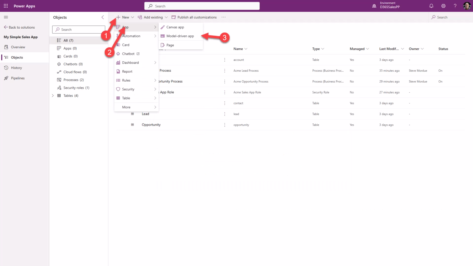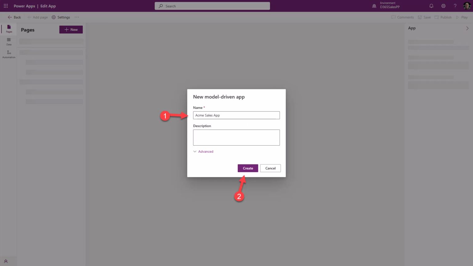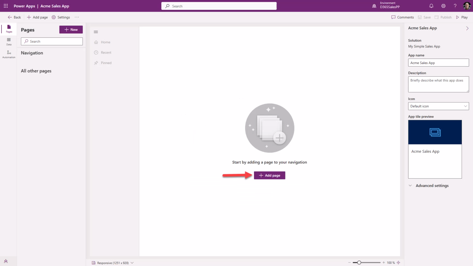Okay, now we'll start on our app itself. From your Solutions main page, select New, then App, and Model-Driven App. Give your app a name and click Create. I'm calling this Acme Sales App. Click Add Page,